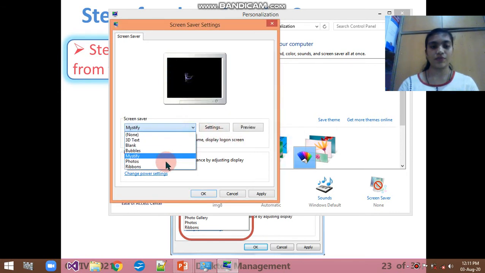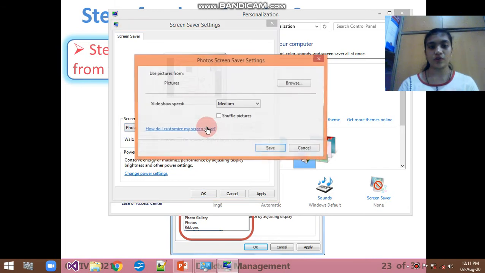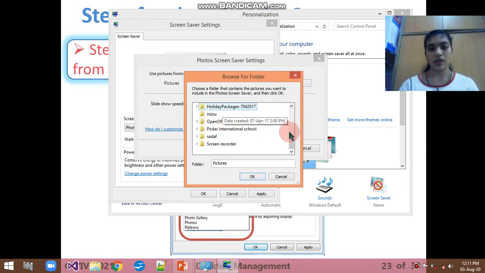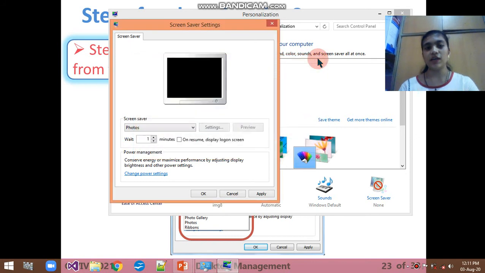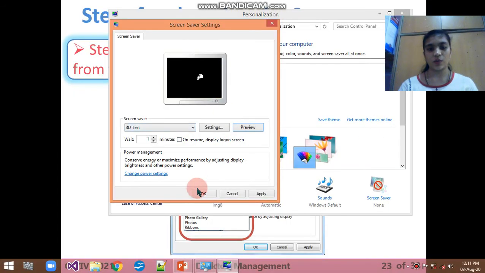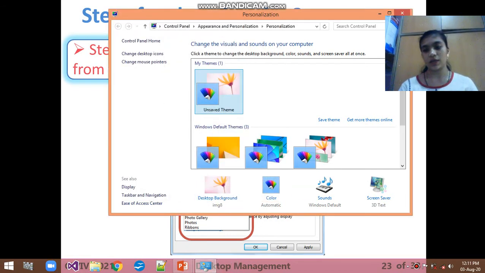For photos, you can change your photos from browsing. You can take your photos from here, for example if they are on my desktop I can take them from there. There are no photos on my desktop, so I cannot find any. You can choose by your side. I just choose the 3D text again here. You can see the preview. I just apply it and press OK. So the screensaver will be converted to the 3D text.